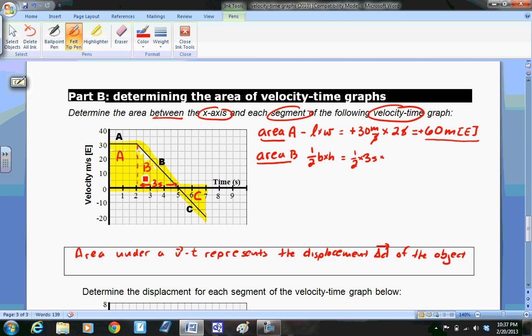And I'm going to multiply this by my height. So my height here is 30 meters per second. And let's multiply this through, see what happens. So I've got 1 times 3 times 30. So I get 90 meters. And again, with the units, for the seconds, they're going to cancel. So we end up with 90 meters over 2, or 45 meters. And 45 meters towards the